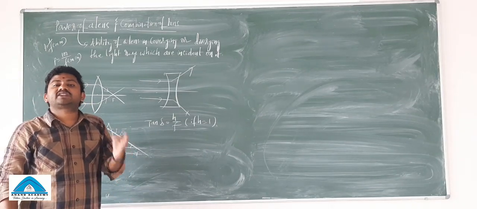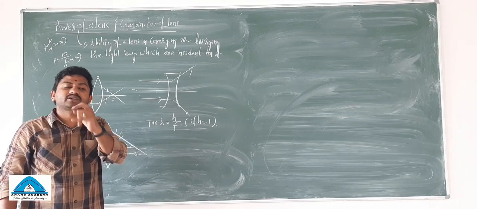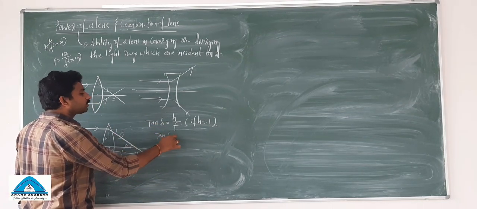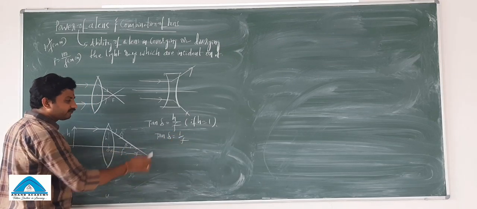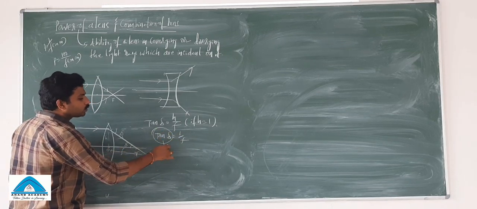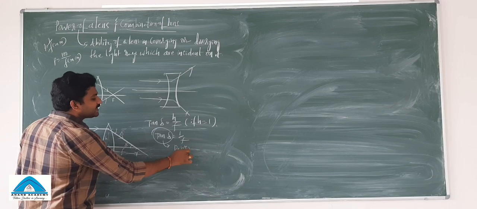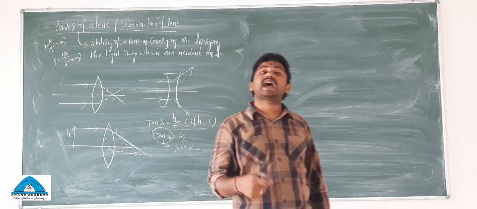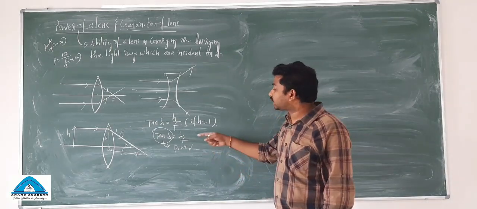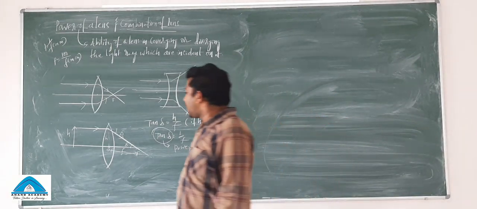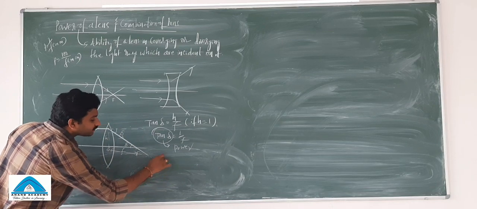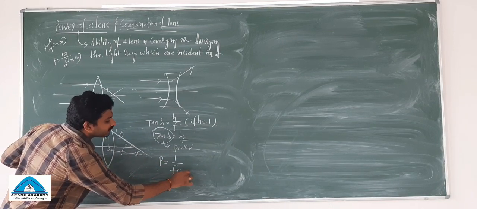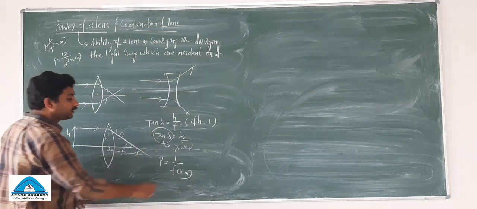So generally we consider 1 unit is 1 meter here. So this tan delta is equal to 1 by f, and this is the value called power of a lens. This tan delta, according to the physics, is termed as power of a lens, which is, you can see, 1 by f. And this power of a lens, I can write it as 1 by f when the focal length is considered in meters, right?